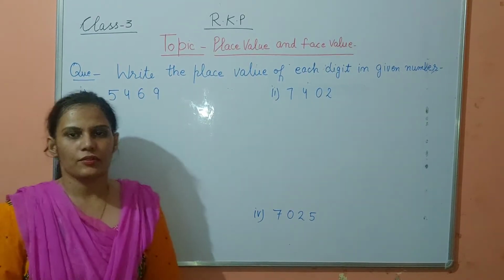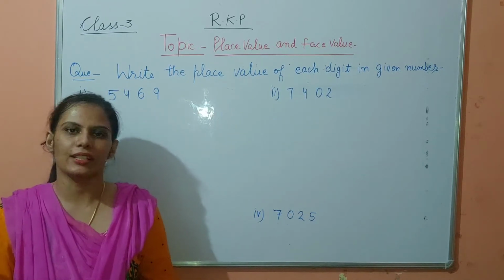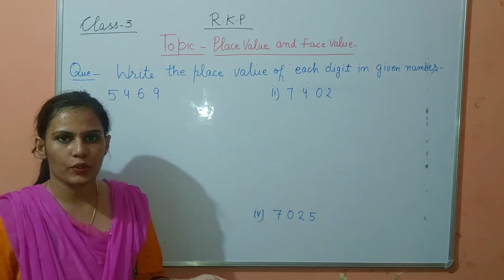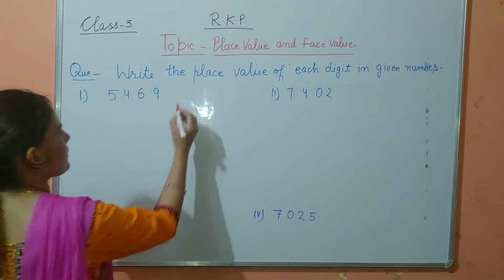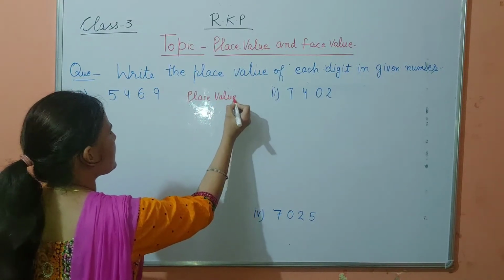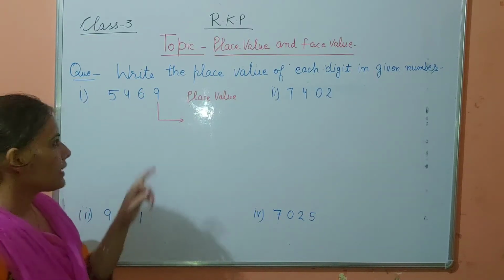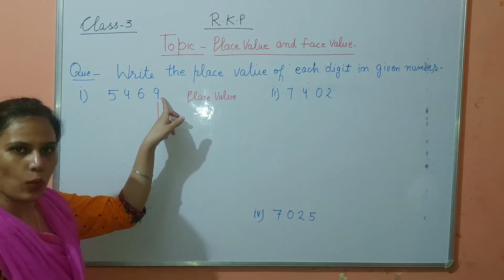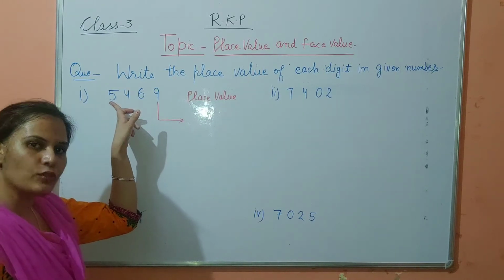So students, we have studied the place value, how to write the place value of any digit in the given number. Here some examples are given to you and you have to find the place value. So shall we start? Okay, just write here place value. Means if I want to know the place value of this, in the place value chart, what position of digit comes? Ones, this is tens, this is hundred, and this is at thousand place.